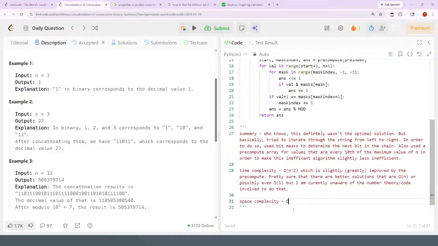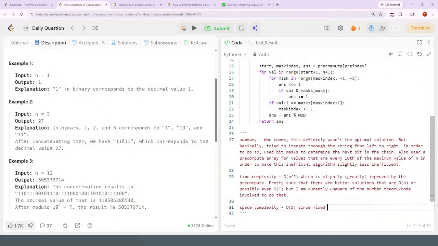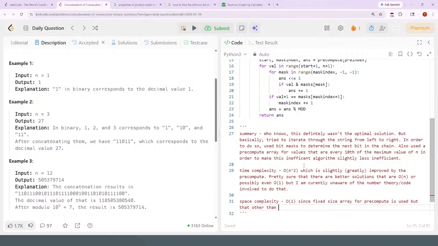Space complexity, this can be O of 1, since I just have a fixed size array. Where precompute is used, but other than that, no real